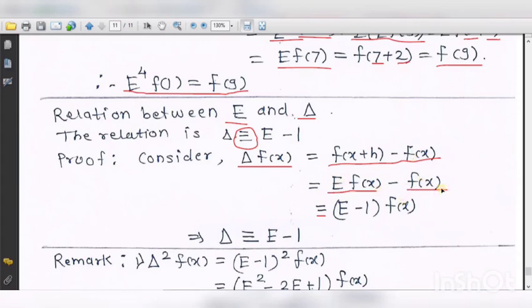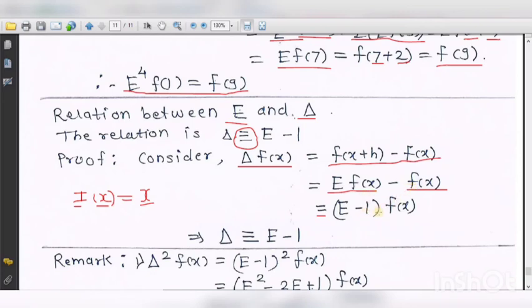Now we are taking it common, though actually it is not common, but the operator here is the identity operator, like the identity function. The identity function gives the image of the element as the element itself, like I x equals x. Generally the identity function is denoted by I, and we always define it as I x equals x. So here we are using the identity operator and denoting it by 1.